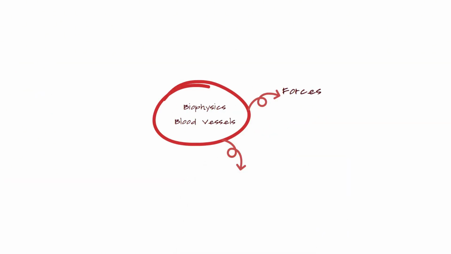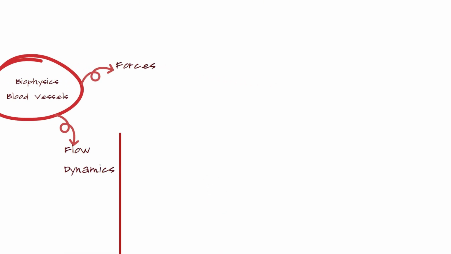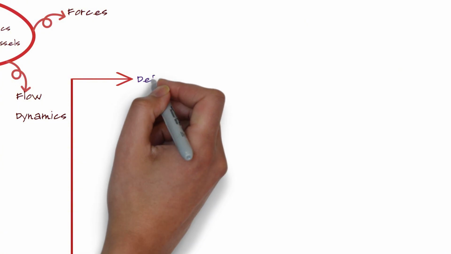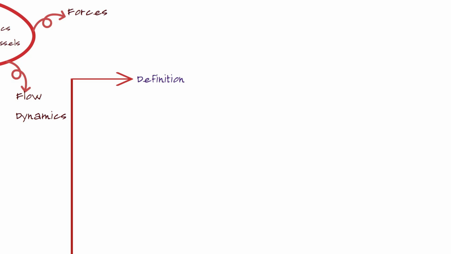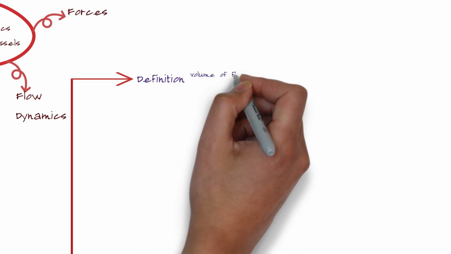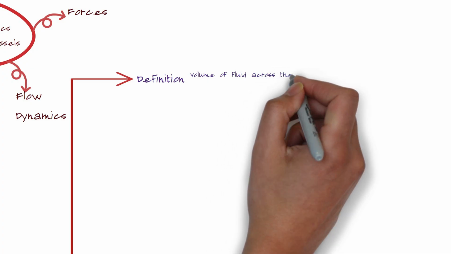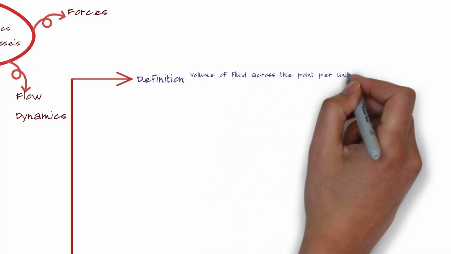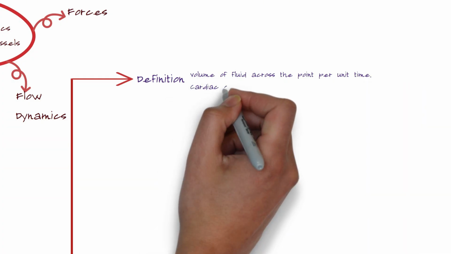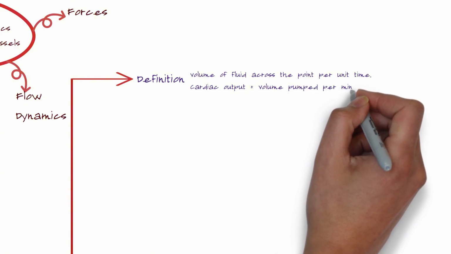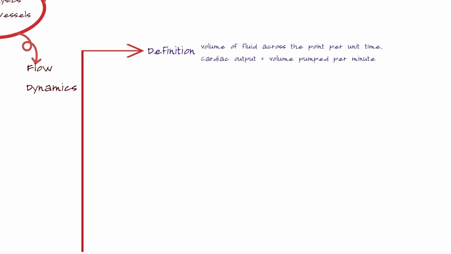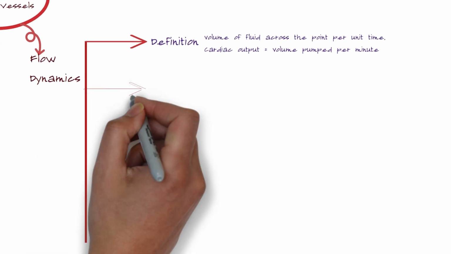Now let's move to the second major concept, which is flow dynamics, and here we are going to focus on four points: first, the definition of the flow, the law, the velocity, and the type of the flow. Starting with the definition of the flow. The flow is the volume of the fluid that passes through a given point per unit time. Cardiac output is a good example of flow, since it is the volume of blood pumped by the heart per minute. So,